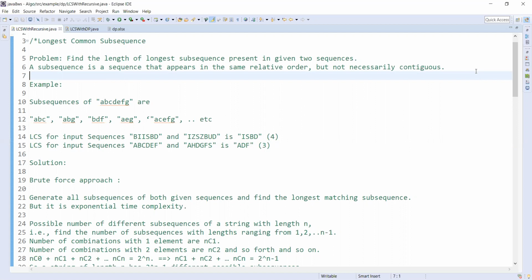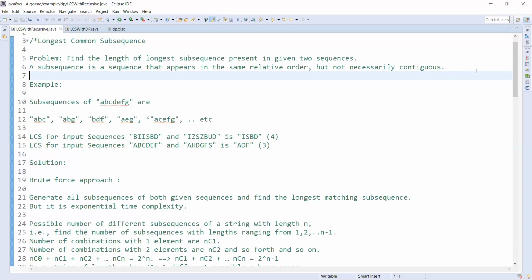A subsequence is a sequence that appears in the relative order, but not necessarily contiguous. That means it can't be required to be a continued string. It can be anything, but the order should match.